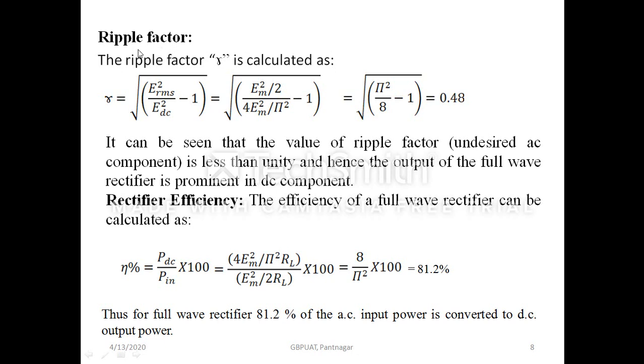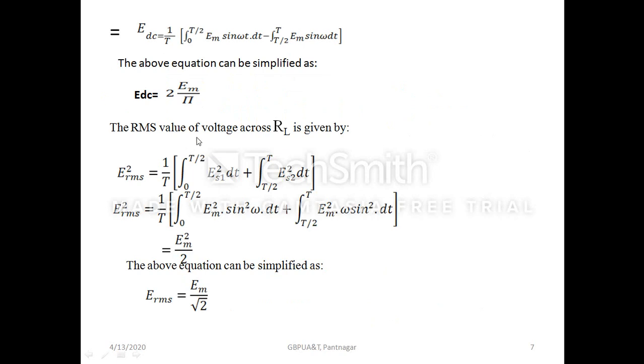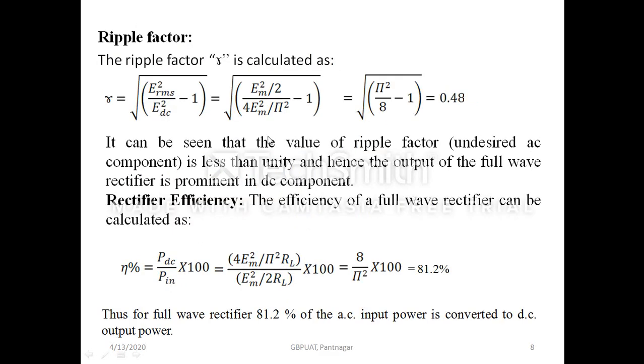So you know that ripple factor is a very important parameter for deciding the quality of the output voltage waveform in a rectifier circuit, and that is why it is required to calculate the value of ripple factor either in half wave rectifier circuits or in full wave rectifier circuits. Here the ripple factor is given as the ratio of the RMS value to the DC value, and if you substitute the RMS value and the DC values, that is E_DC and E_RMS, obtained in the slide into this equation and calculate, you find that the total ripple factor for this full wave rectifier comes out